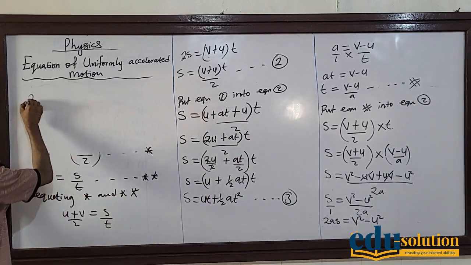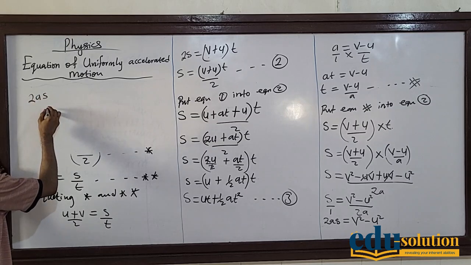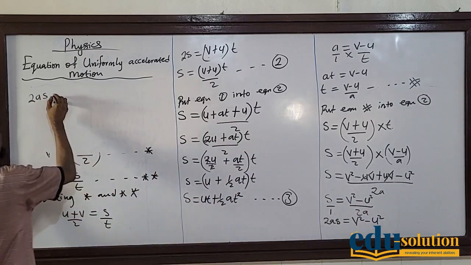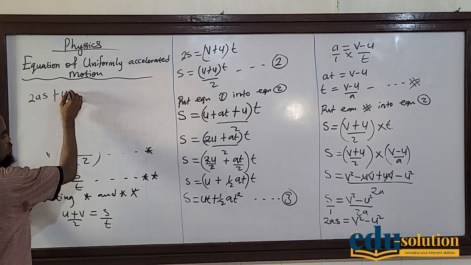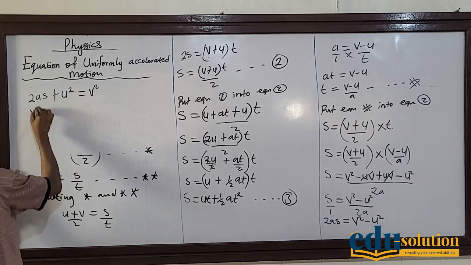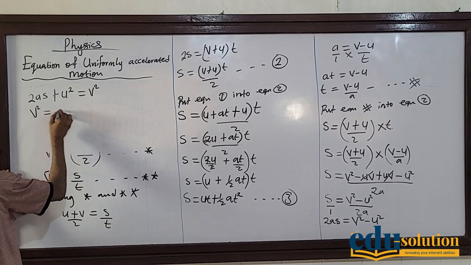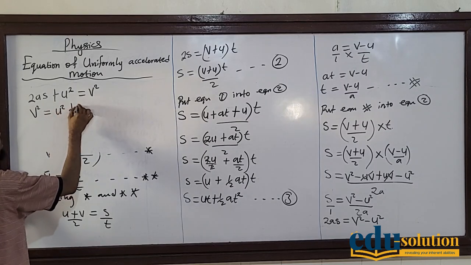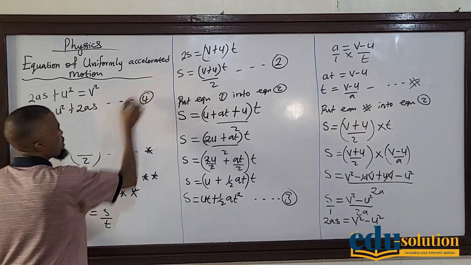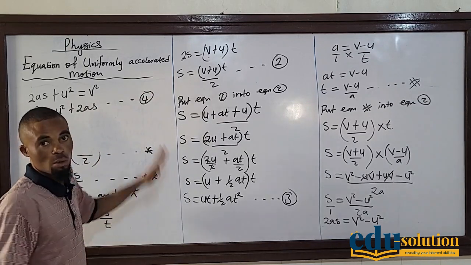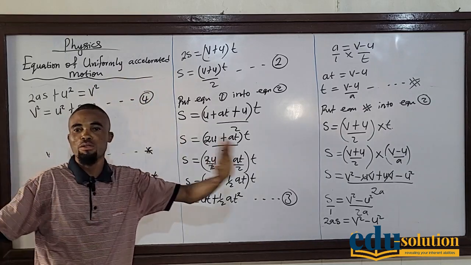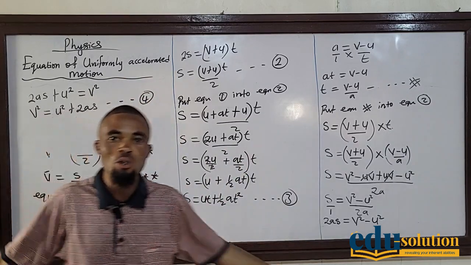All we just need to do is to collect items, 2ax, and then this minus u will come to this place and becomes plus u squared, equal to v squared, which is the same thing as v squared is equal to u squared plus 2ax. So this is the fourth one. The first one, I think I've cleaned that part. So these equations 1, 2, 3, 4 are what we use generally in physics to solve